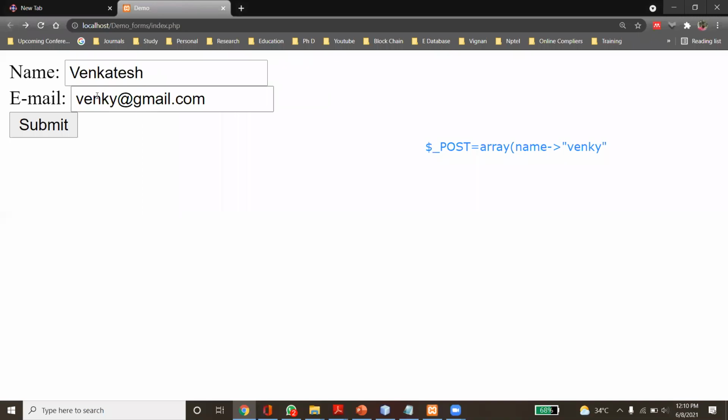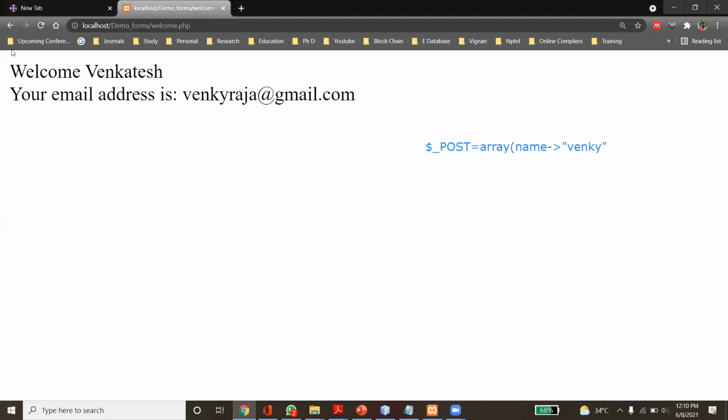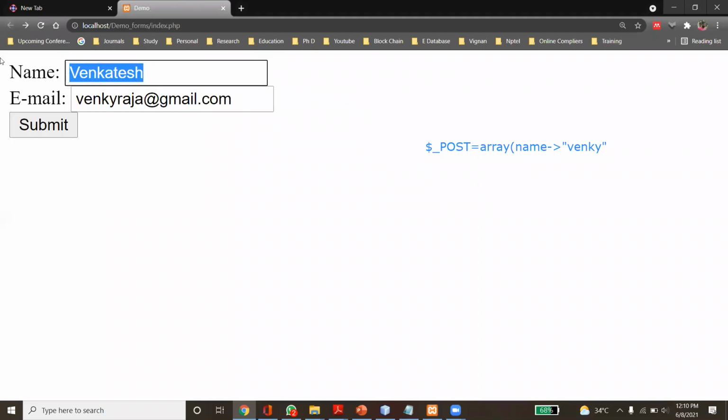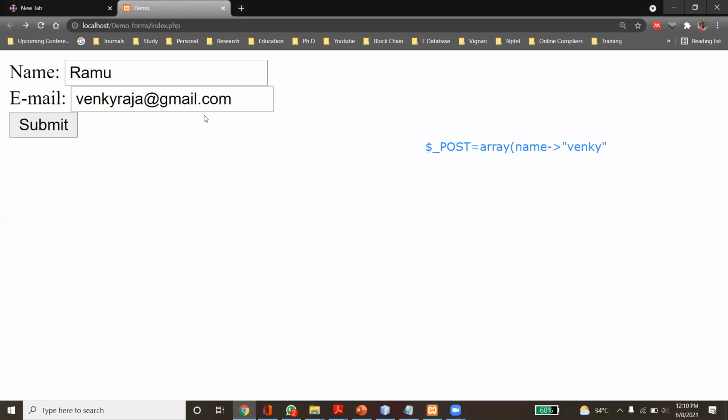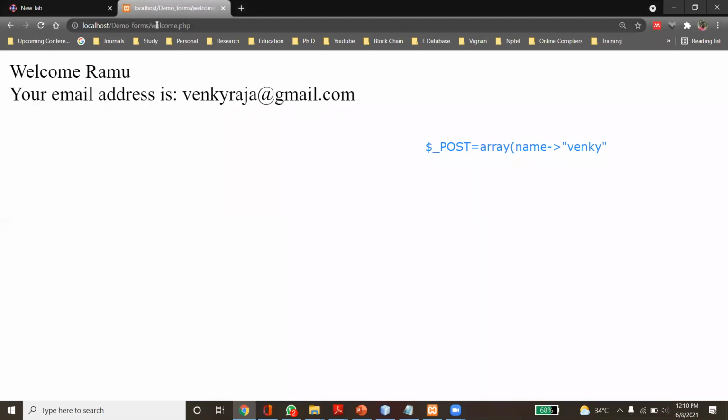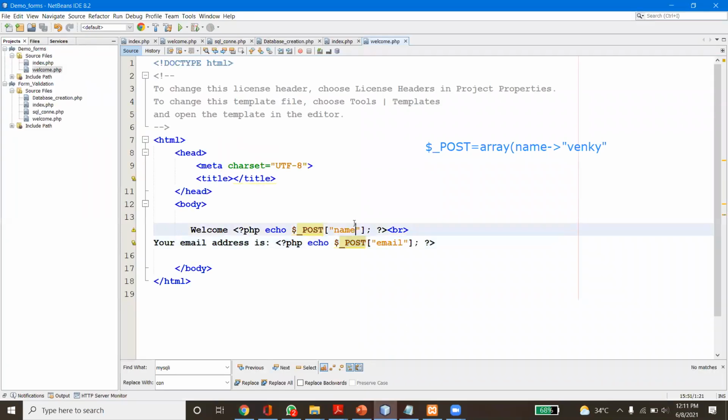For example, if you give some other email ID, Raja, submit. Raja. If you change the name, Rama, submit. Rama. So upon clicking submit, it invokes welcome.php. You see the code in welcome.php. We have to use underscore post.